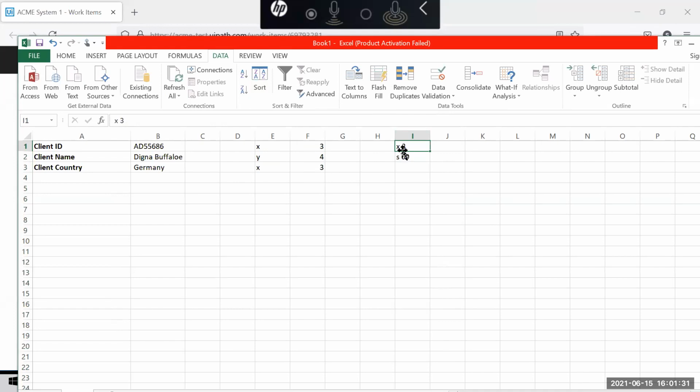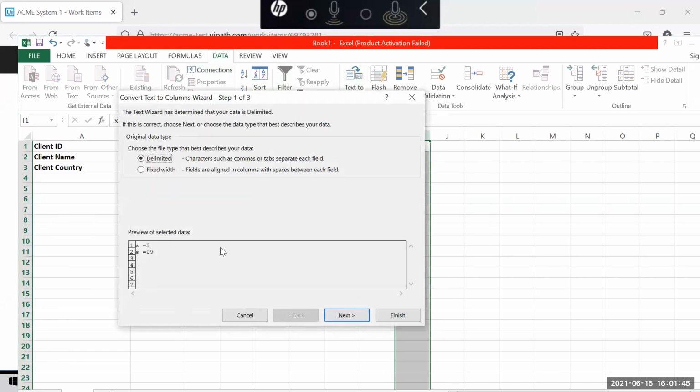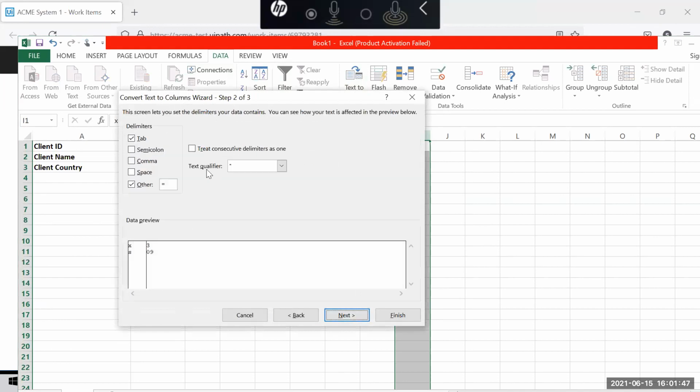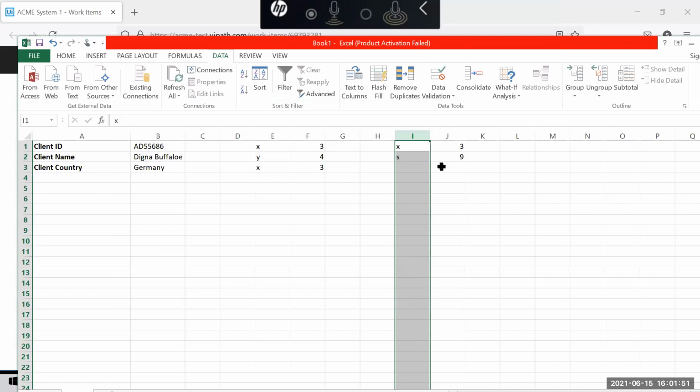Can you give x space equal to 3 and then give the space as the delimiter? Then it will be x equal to 3 in the other column. That was the doubt. If you do it like this, with space as the delimiter, it will look like this.